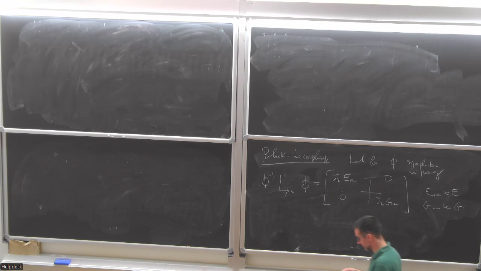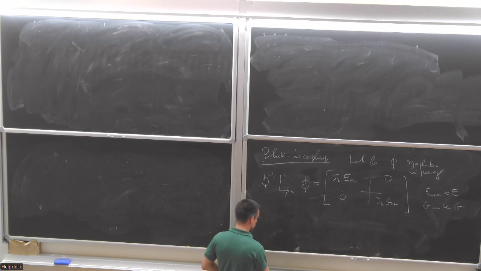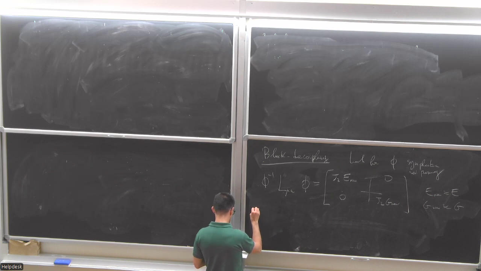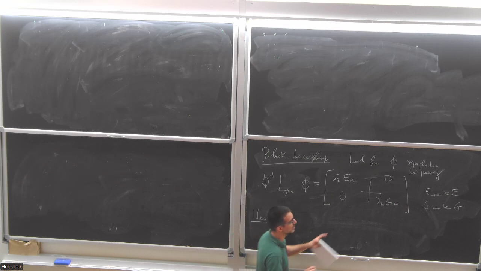So why should we expect that it's possible to do this? So when is it possible to do the block diagonalization? So the intuition, the idea: in principle, you can do a block diagonalization of this type if